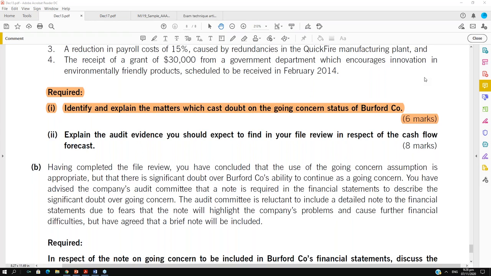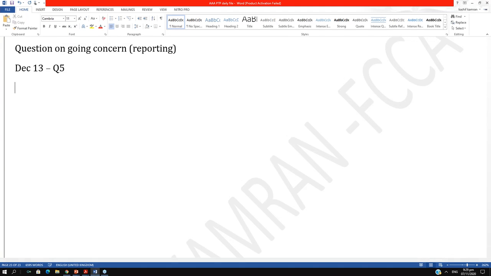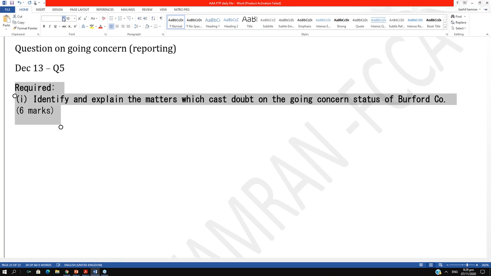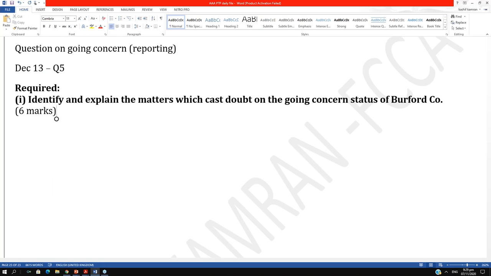How many marks do we have? 6. Now what we need to do, let's copy the requirement and paste it here on my Word file. The examiner is asking us a requirement which I just need to study with you. It says identify and explain the matters. Which matters? Matters which cast doubt on the going concern status. So should I identify these matters from the case study which cast doubt on the going concern? And the marking scheme of a going concern matter in the exam paper,